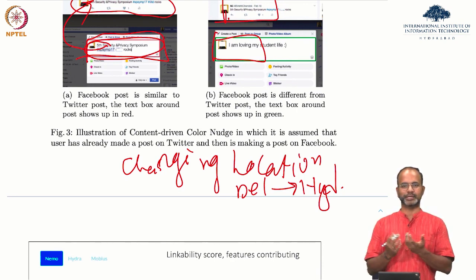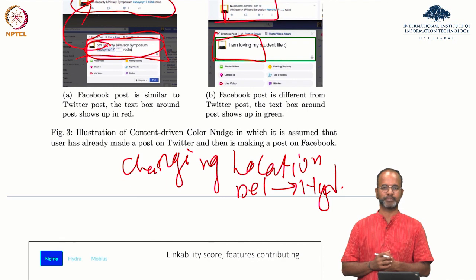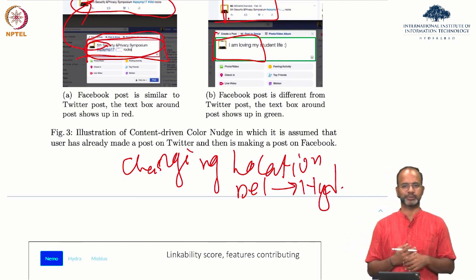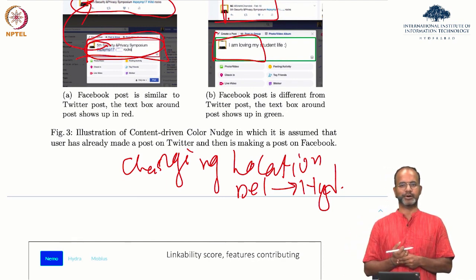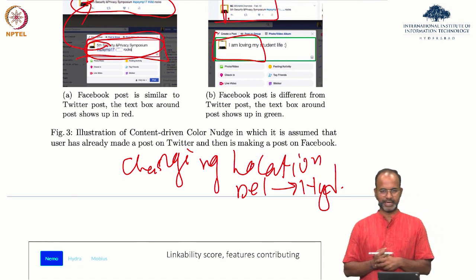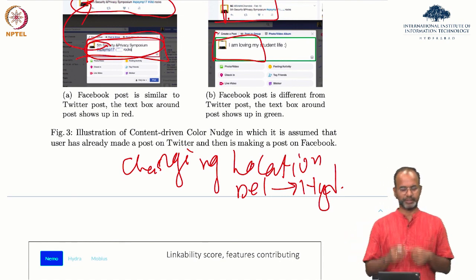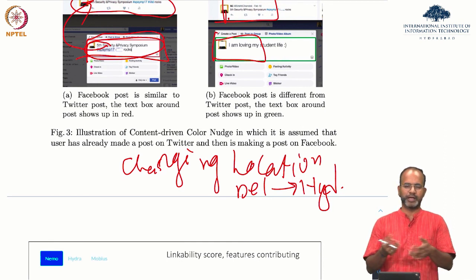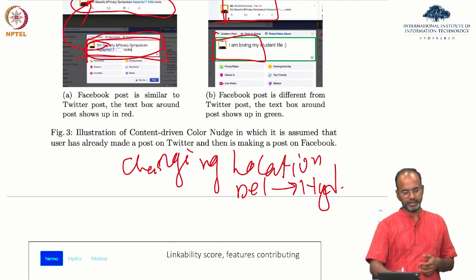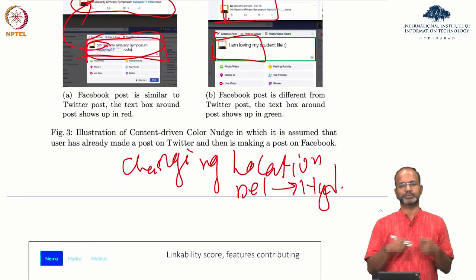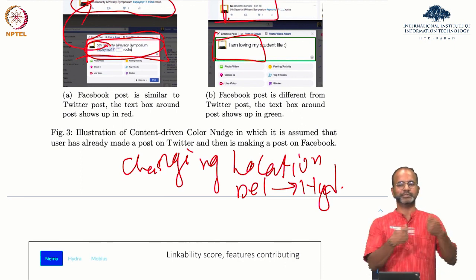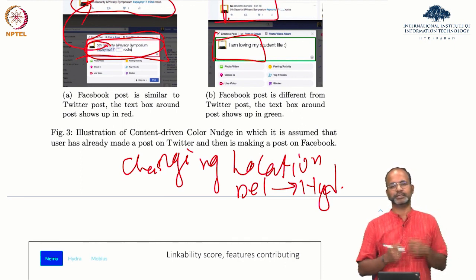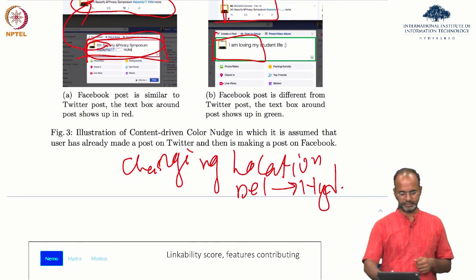Now it's easier to actually profile that it's here. And so you make a choice whether you want to change it to Hyderabad or not, right? So that's another way of presenting. Another feature where you can give this nudge to the user. Every update that we saw, where a user is changing the description and profile picture, these kinds of nudges can be done very, very easily.